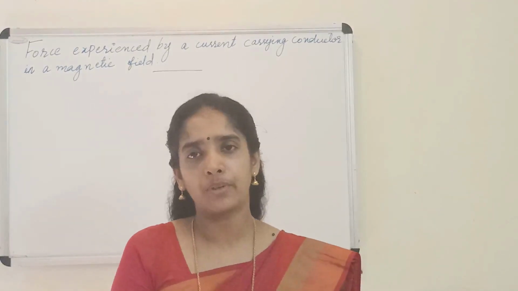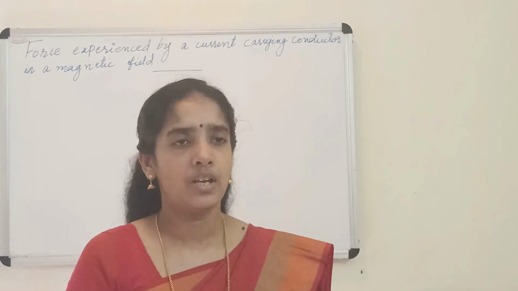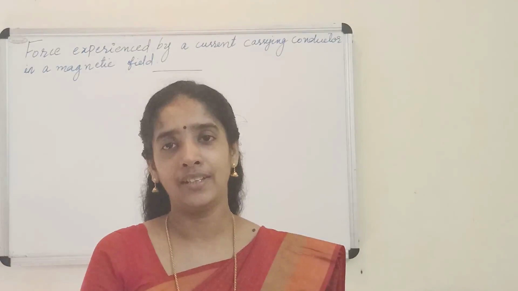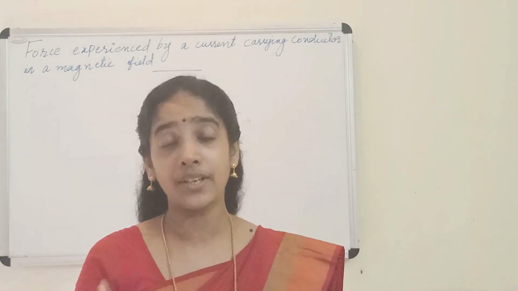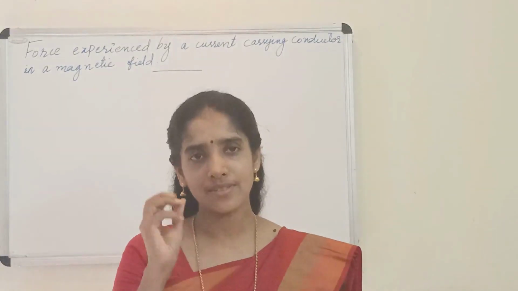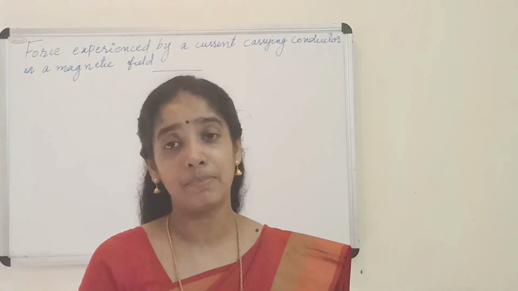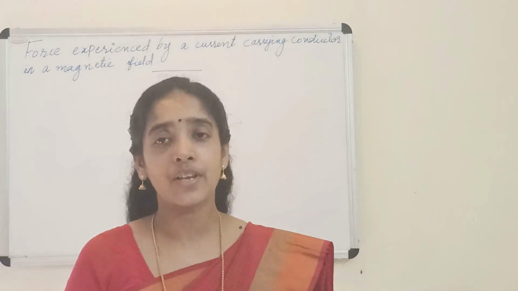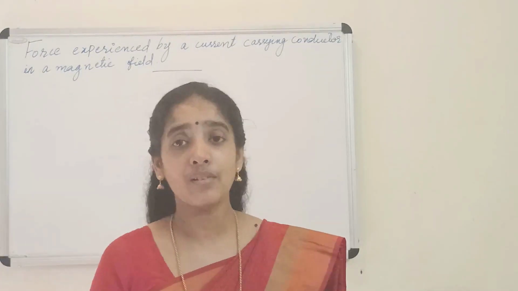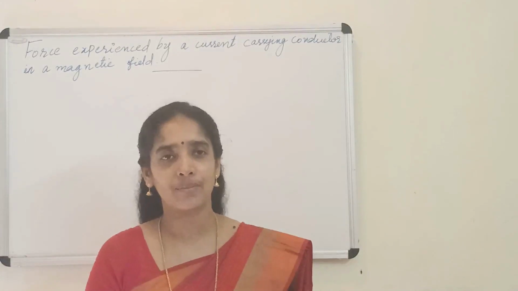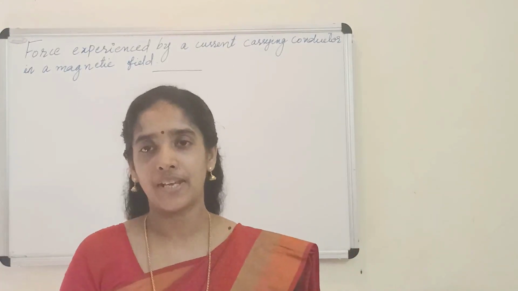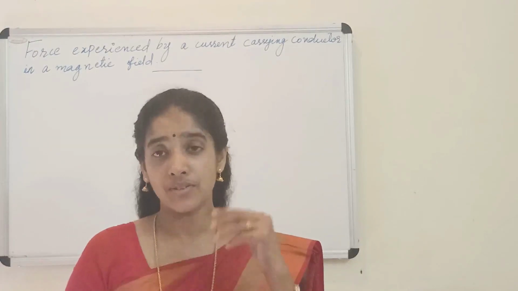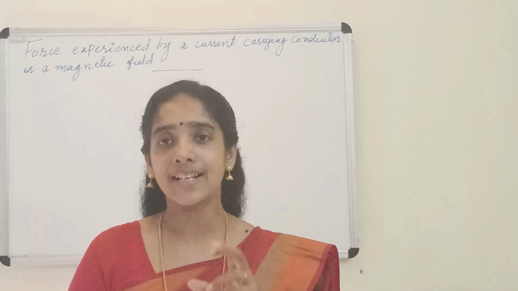Because of the interaction, what happened to the compass needle? The compass needle deflected. But why do we observe deflection only for the compass needle? Because both the fields are interacting, both are exerting force on each other. And this question came to the mind of André Ampère. He said, if the current carrying conductor is exerting force on the compass needle, then the compass needle should also exert force on the current carrying conductor, because according to Newton's third law, to every action there is an equal and opposite reaction. So he said, when Ørsted performed that activity, he fixed the conductor.